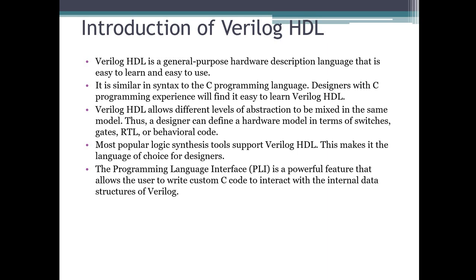Okay, moving further, we have a very important feature in Verilog, that is PLI. PLI is called Programming Language Interface, where you can communicate between different languages. Suppose you have C language and you have Verilog, and if you want communication between C and Verilog, then you can use PLIs. It's a kind of programming language interface which provides the interface between different languages, like C and Verilog. You can take this as an example.